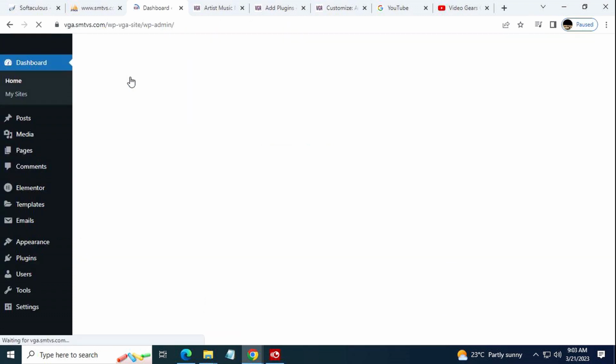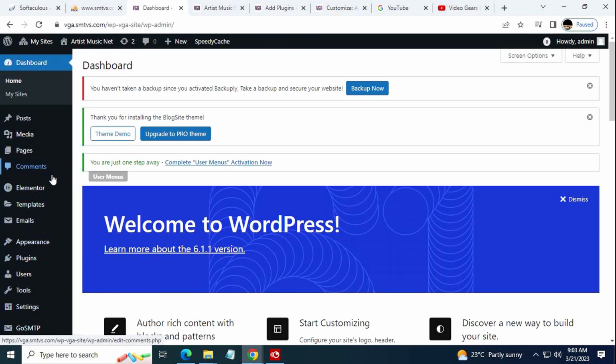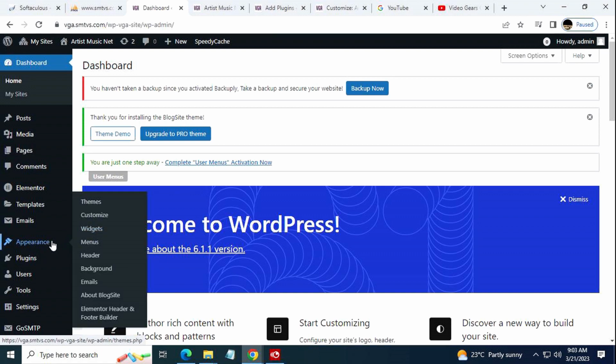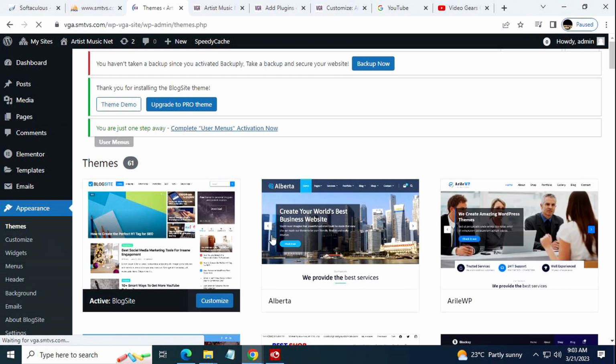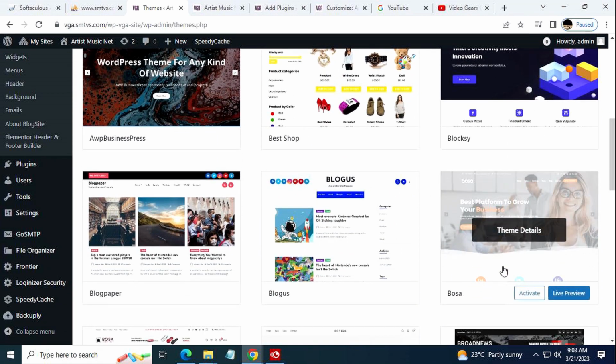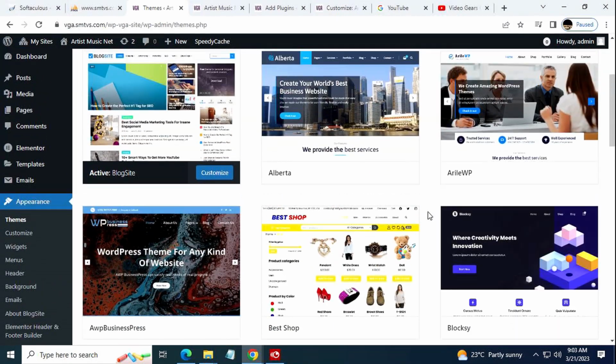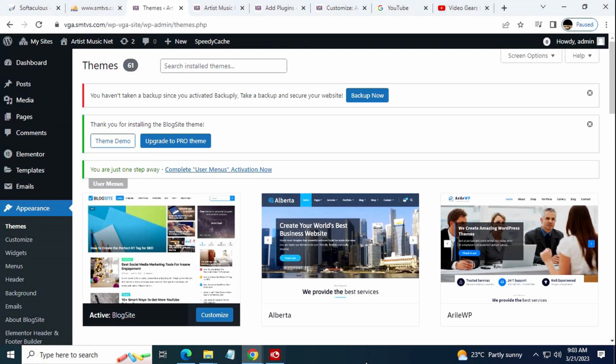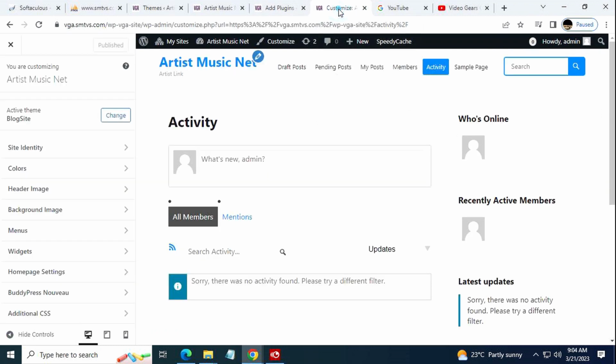Let's go back over to the site dashboard, and then we can go to appearance. Let's click on appearance. There are other things in the menu. And all the sites that you have use the template. So I use this template, and we can use any other template. But for the most part, I installed this one and was doing some stuff. And actually, the machine crashed on the last video. So most of the step-by-step stuff, I just have to go back to it for you. Okay, so here at Customizer,